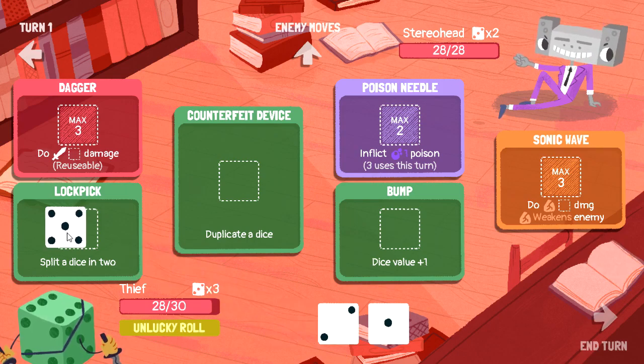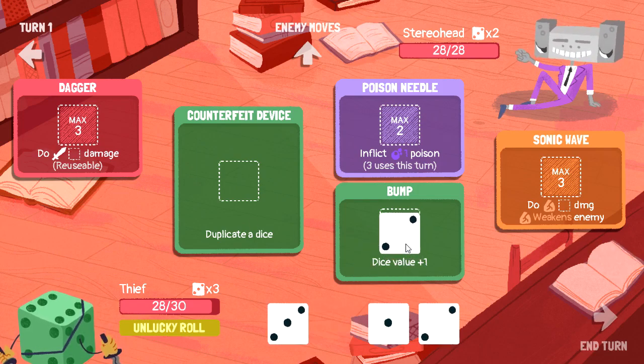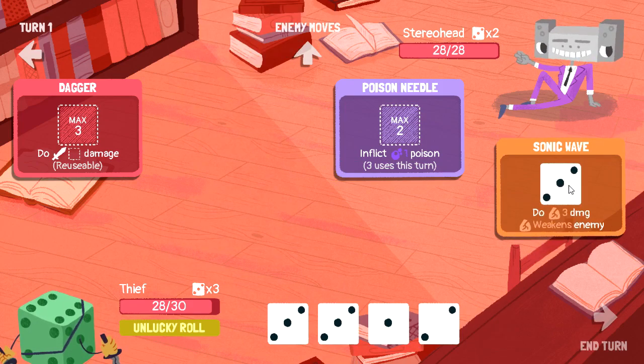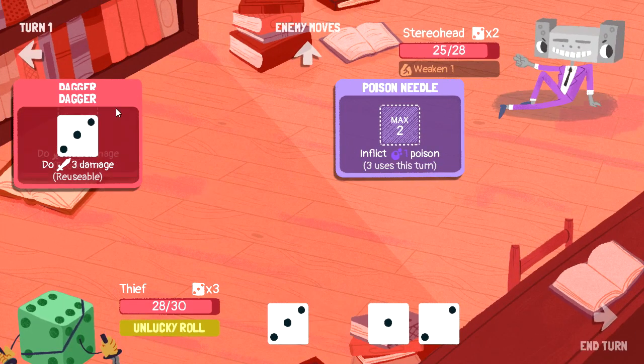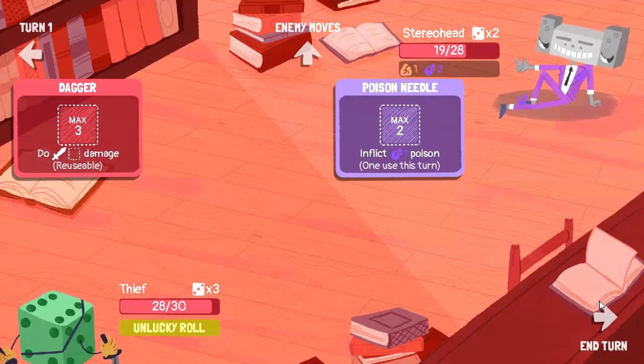You're hoping for a 3-2. It's a 3-2. How lovely. You are now going to raise a dice value. You raise me up so I can stand on mountains. Weaken that enemy. Do damage. Yeah, the poison. Poison. In the end, the damage output...